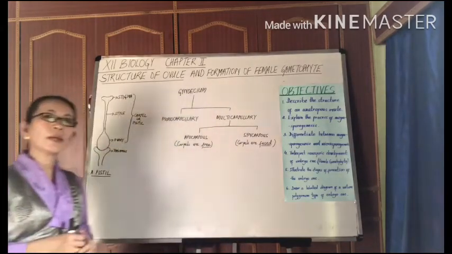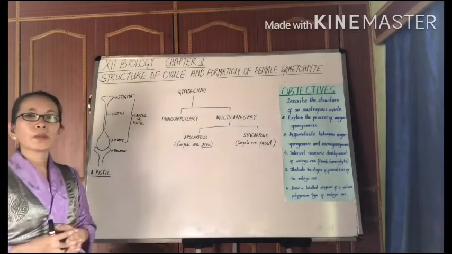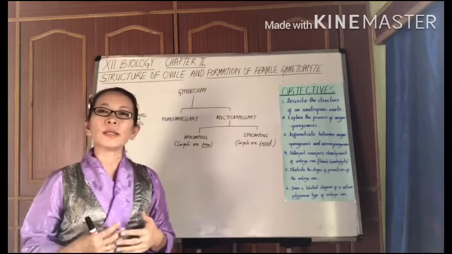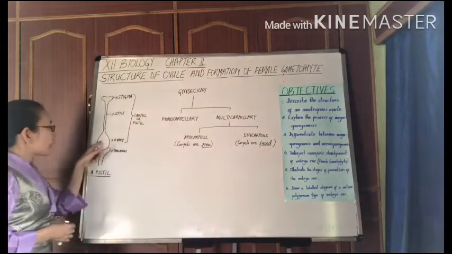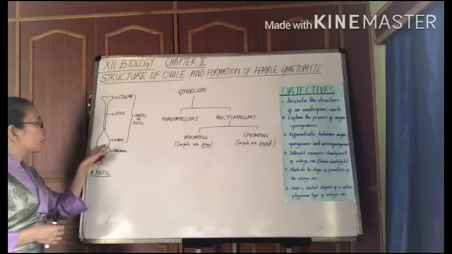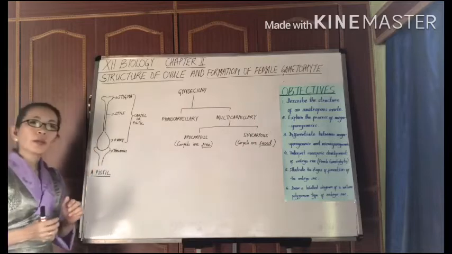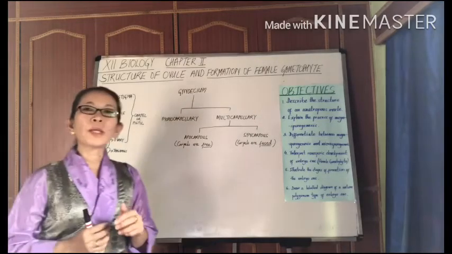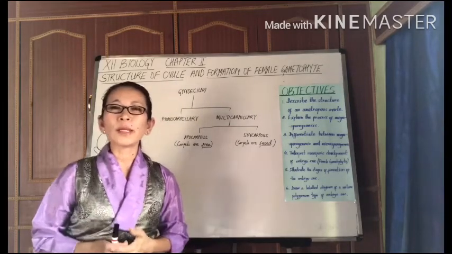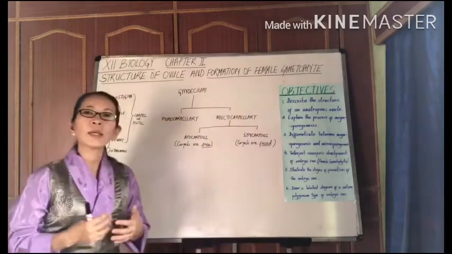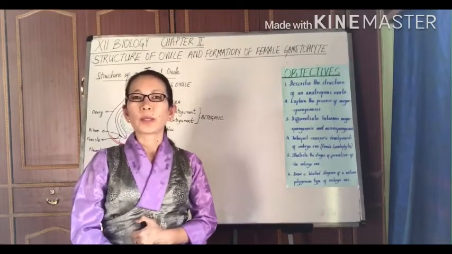Now what we are going to learn in this section is the structure of an ovule. And we know that ovules are located inside the ovary. Inside the cavity of the ovary, there are tissues which are responsible for forming the connection between the ovary and ovule. And these tissues are technically referred to as placenta. Let us study the structure of an ovule.